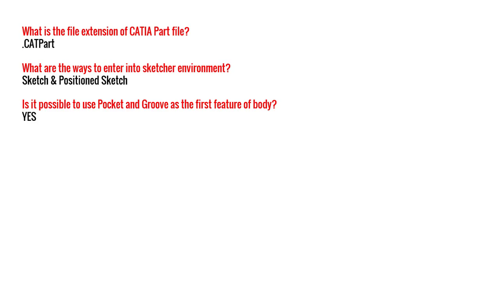It can even be removed multi-section, it can be hole, it can be slot. We have this facility available. So yes, pocket, groove, slot, hole, or removed multi-section can be the first feature of body. Definitely that body will support the negative body, or that would be a negative body. Then and only then is this particular thing possible.